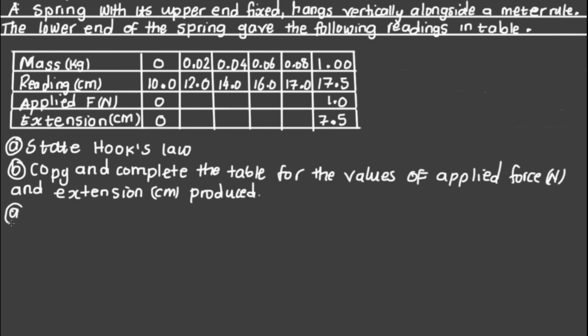So the first question is we need to state Hooke's law. The simple definition that we can give is that it's a law that tells us the relationship between the applied force and the extension. The two are directly proportional, which simply means that when the applied force is increased, so is the extension. So let's now define this. We are going to say this law states that